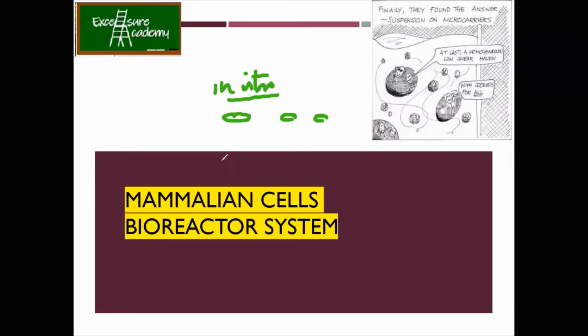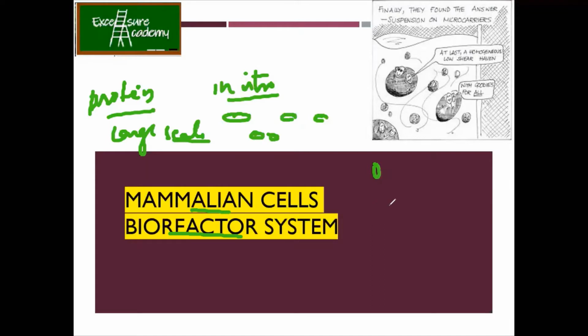But what if you want to produce that particular protein on a large scale, right? Every time I cannot use the small petri dishes. I need big fermenter type machines, right? In the same way as in the case of bacteria we have the fermenters, for mammalian cells we have the bioreactor systems. Again, for the purification of certain metabolites or growth factors or proteins which are only produced by certain particular cell lines, for which you cannot have only small scale production, we need large scale production, for which we use the bioreactor system.